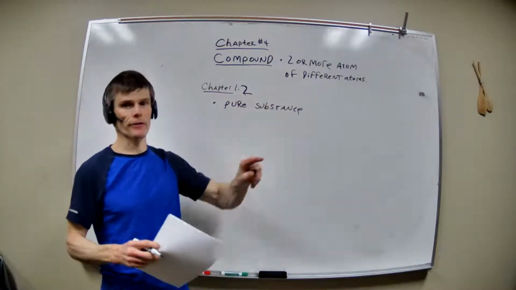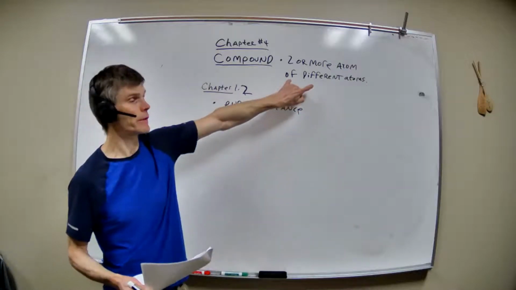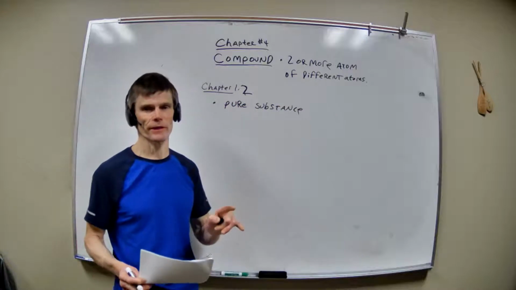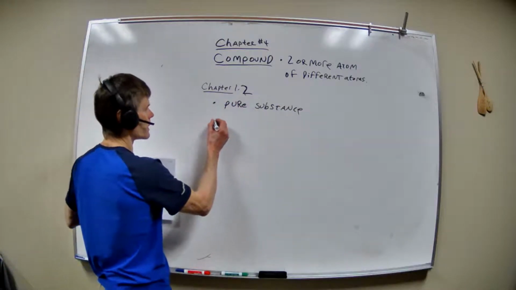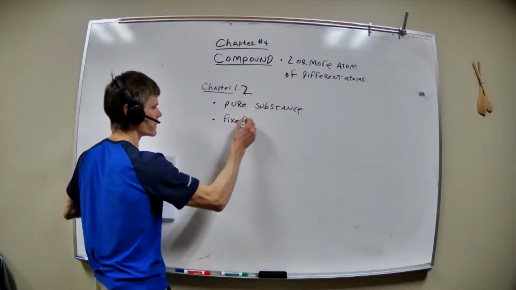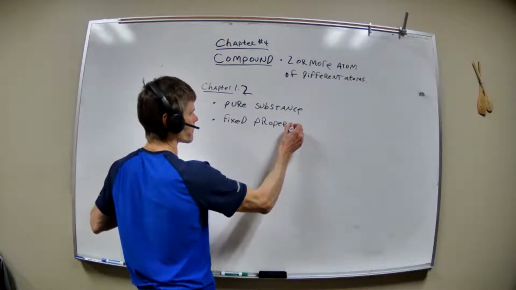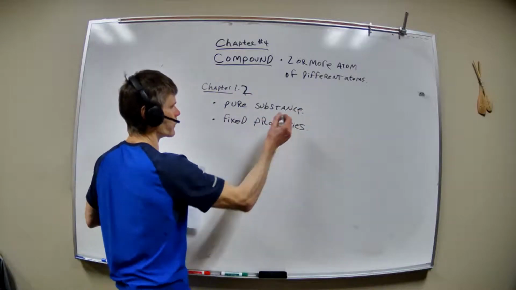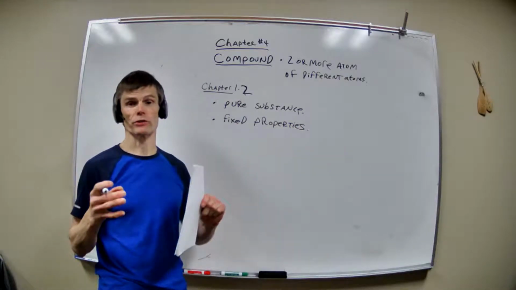If it's a compound, these atoms are different. And we're really going to focus on distinguishing this a little bit later today. And another important feature is that they have fixed properties. And this is going to be really important when we start discussing how we write a chemical formula and how we balance chemical equations a little bit later